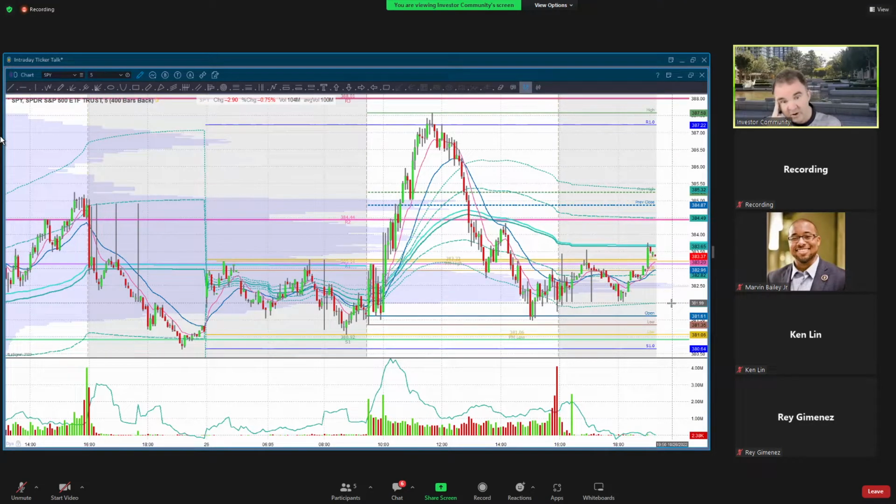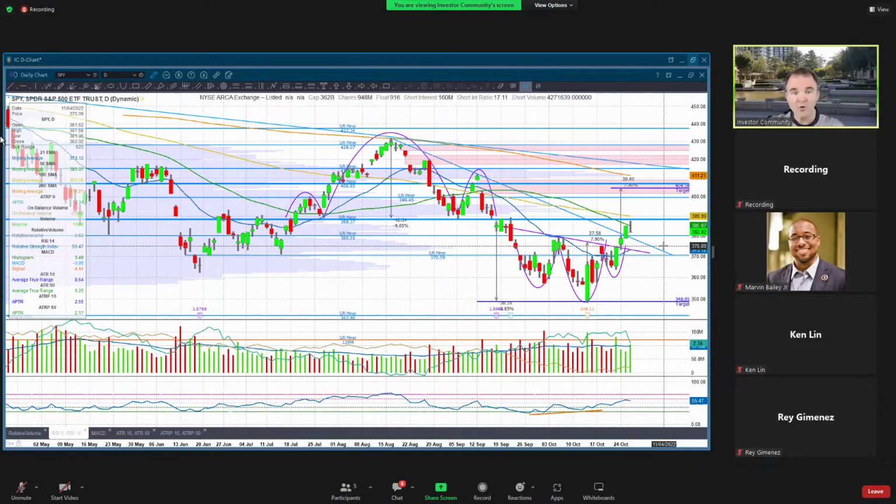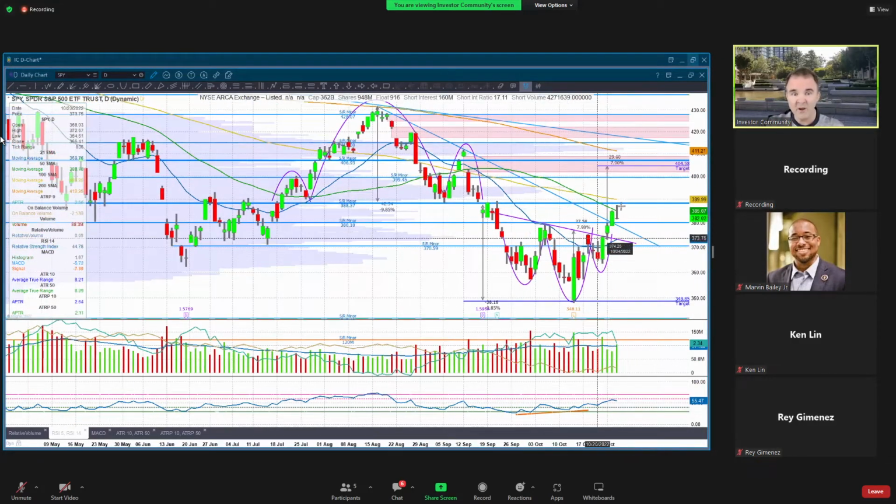I mean, there's a lot going on. I do not like this intraday price action one bit. We've given back way too much. It was a total round trip, and it looks nasty on the daily chart. But I'm not ready to get full on bearish just yet. I think we still have a lot of reasons to be optimistic. I think that buy the dippers are going to come back in.